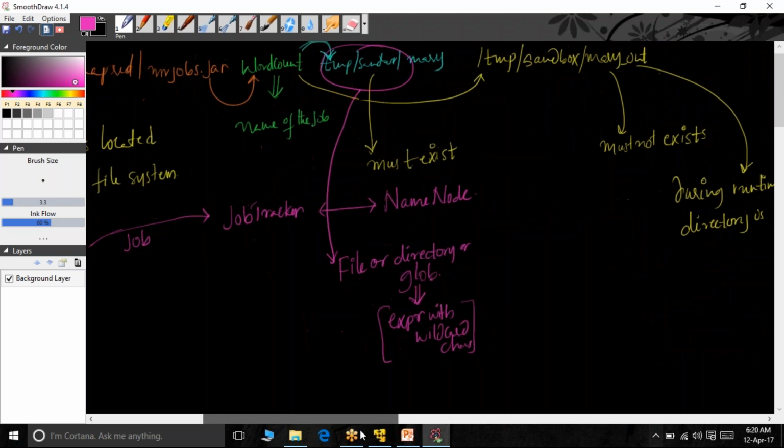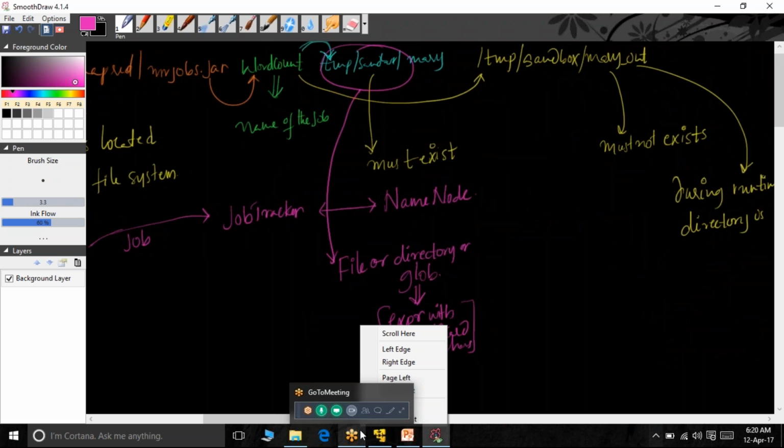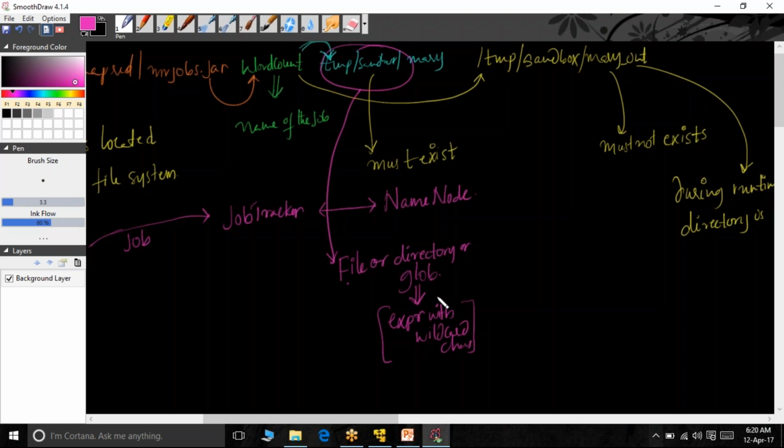So, when the job tracker receives the job, the reason it communicates with the name node is to understand, for this given input path, where the blocks are going to exist. The name node is going to reply saying, for this input path,